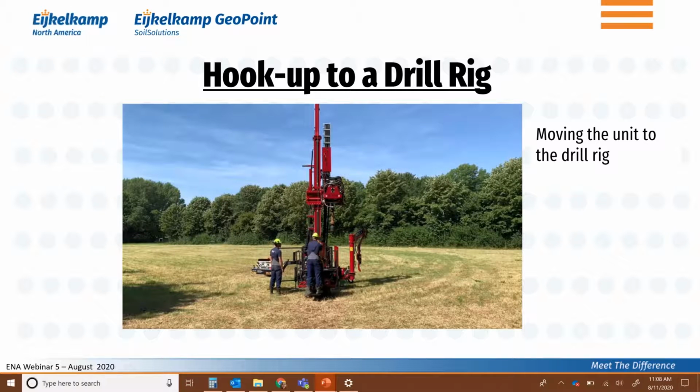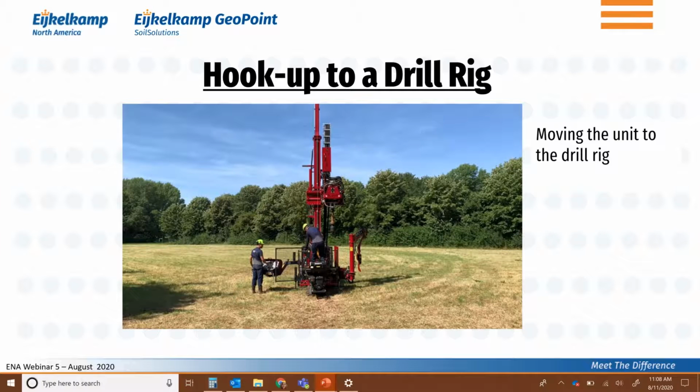You move it in front of the drill rig, and then with the winch, you lift it up slightly from the crawler. You see now the person is getting on there, connects the winch to the top of the Drill'n CPT to lift it up slightly,